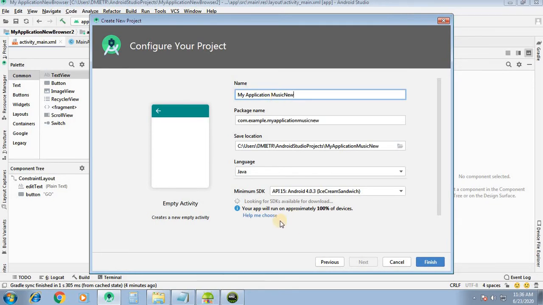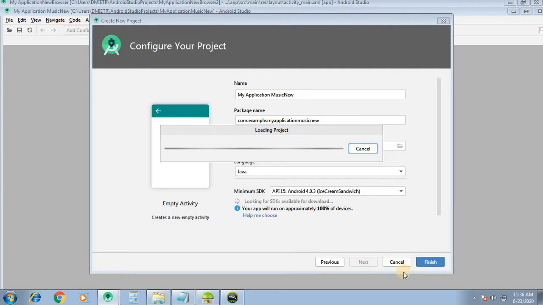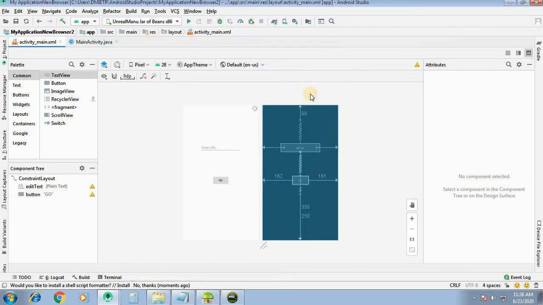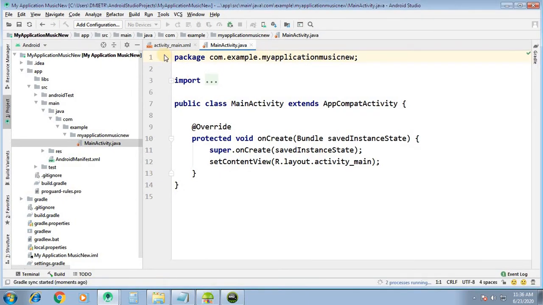Language is Java, API level is 15, click on finish. So this is our project loaded now.